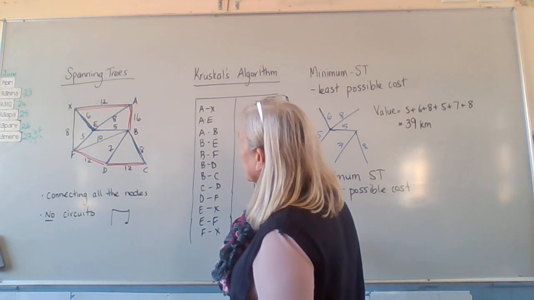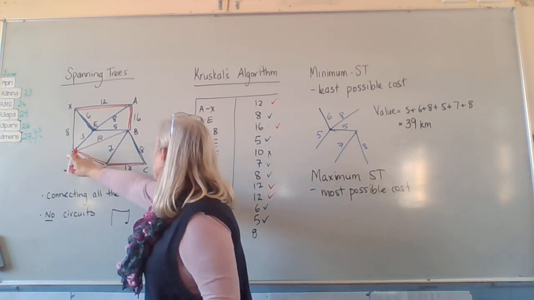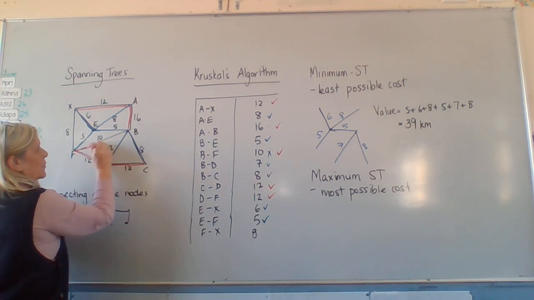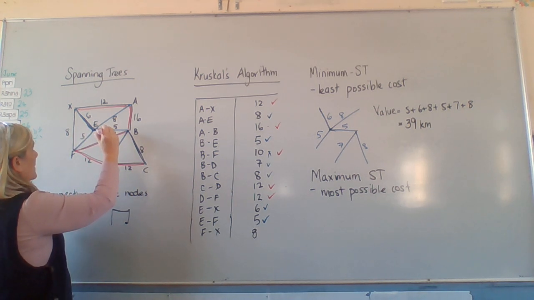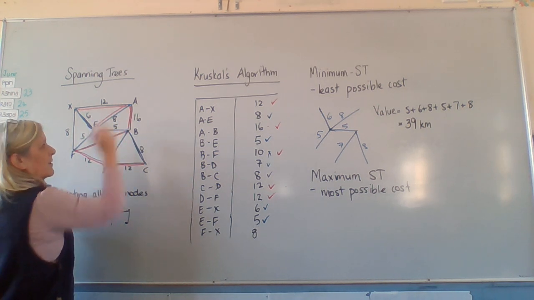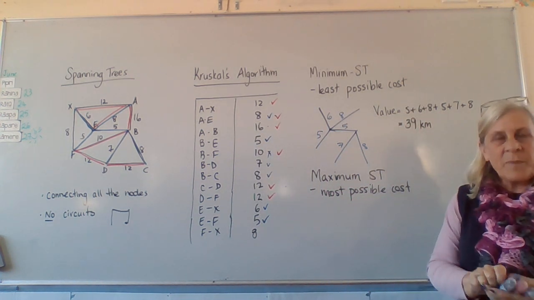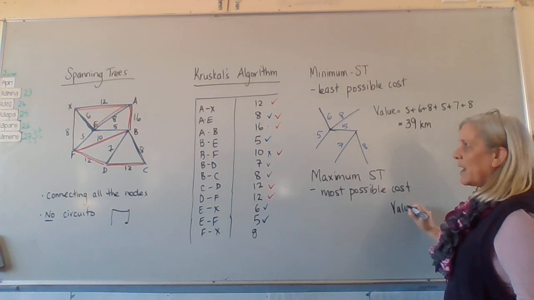So I need to connect to E. So this is the next most big one, 10, this one. So I'm going to go here. Now I've got all of those ones connected. And I need to connect to E, and the biggest one is to connect it to A. That one. All right, so that would be our maximum tree. So we would have the value of that one as